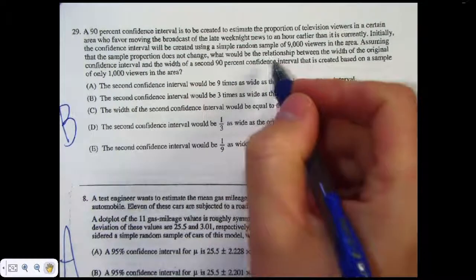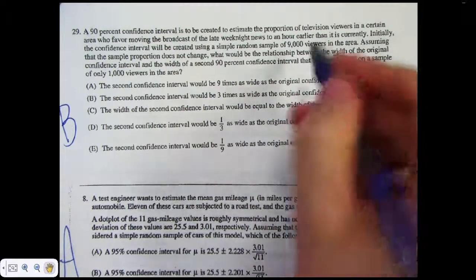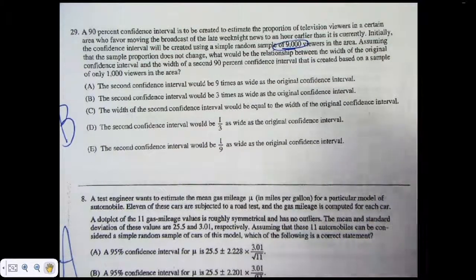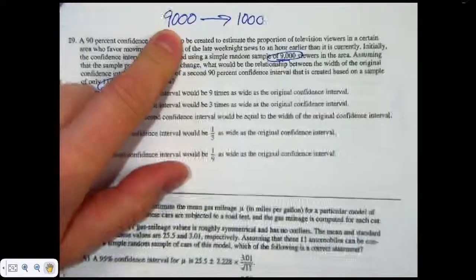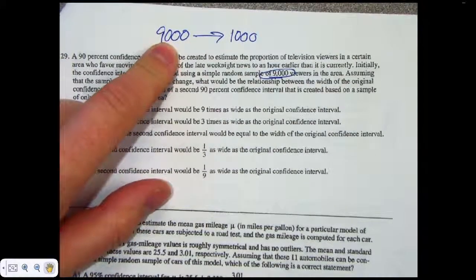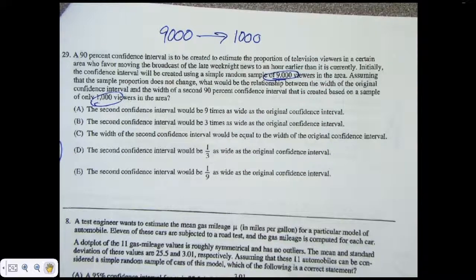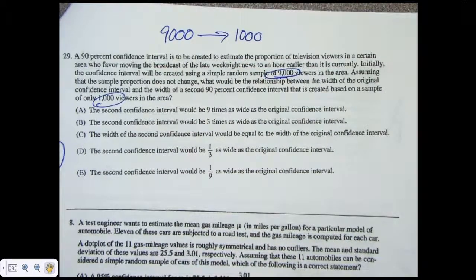Alright, so they tell me in this one, I have a sample of 9,000, and then I'm going to do it again with a sample of 1,000, so my sample size went from 9,000 down to 1,000. Hopefully you know that a bigger sample size makes things narrower, so the smaller one has to make things wider. Well, it got 9 times smaller, so does it make it 9 times as wide? It does not, it makes it 3 times as wide. How did I get from 9 to 3? I square rooted. Why am I square rooting? Because the n in the formula is underneath the square root.